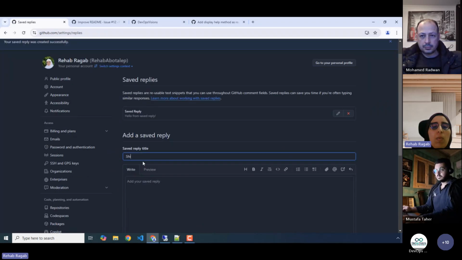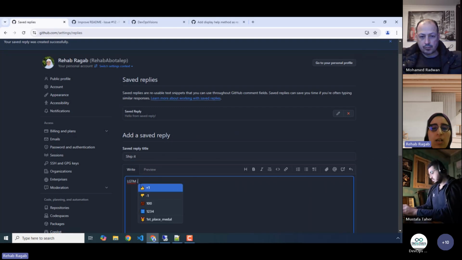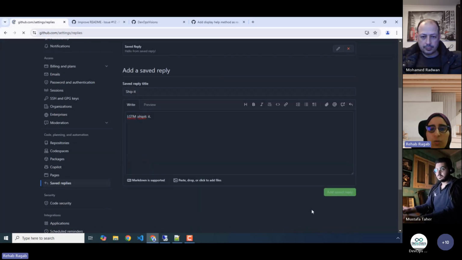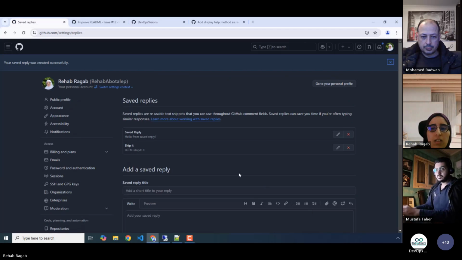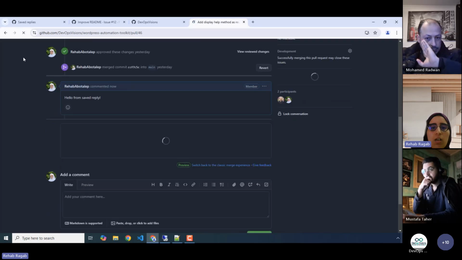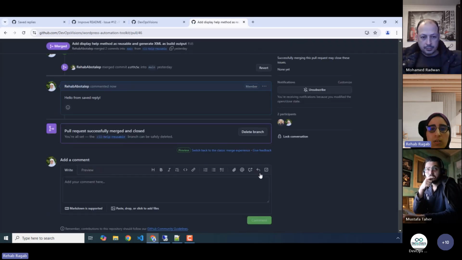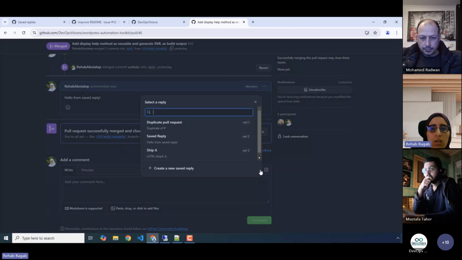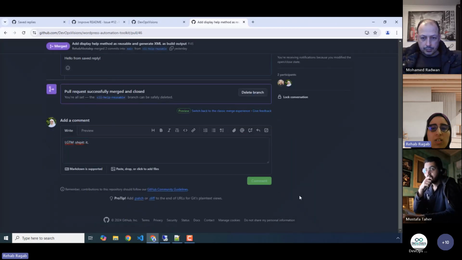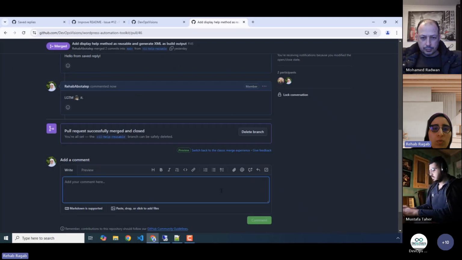You can add multiple saved replies, up to, I think, 100. So let's add another one: looks good to me, ship it. Now I have another saved reply. Let's see how we can navigate across multiple saved replies and reuse the one I find suitable for my case.